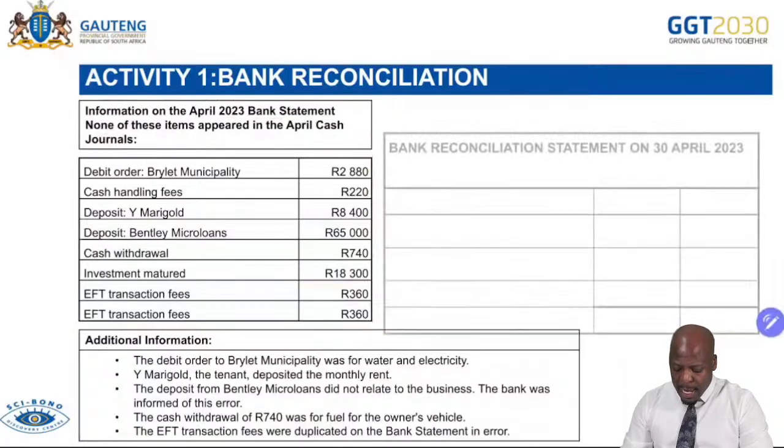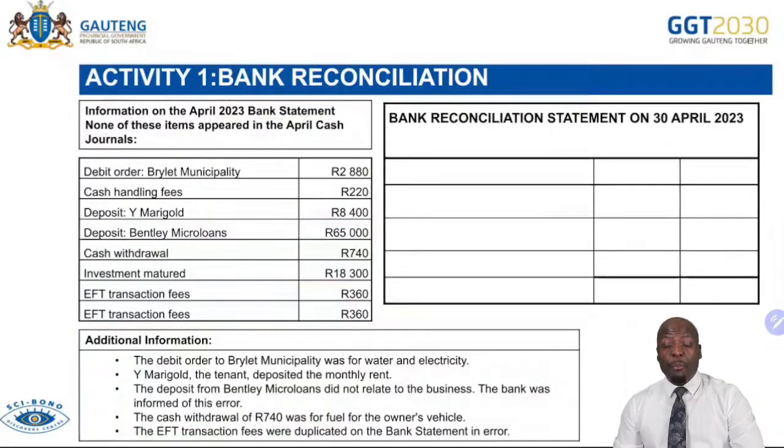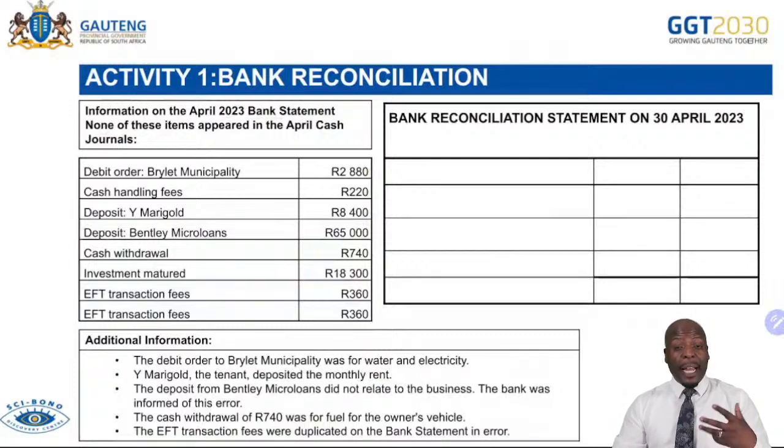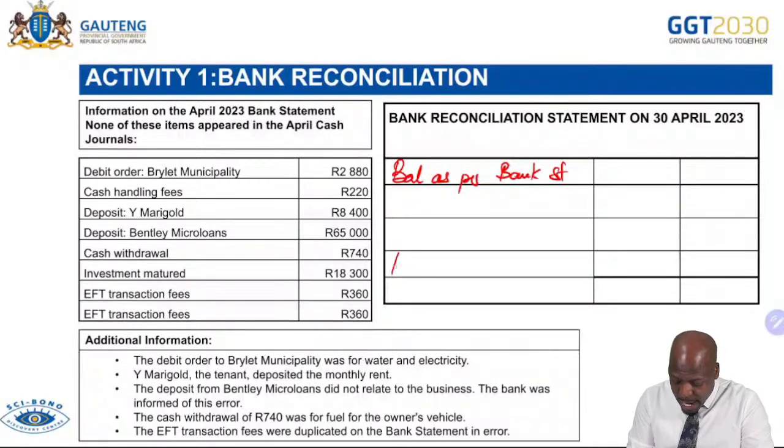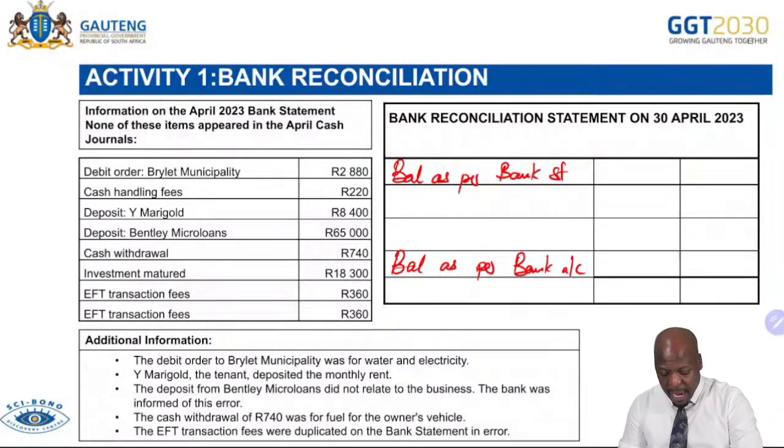Okay, so here is our bank reconciliation statement. I'm just going to show you one way of doing it. That is the double column, the two column. I know some of you might do it the single column, but in this lesson, I'm just going to do the double column. So I'm going to start off with my balance. Here at the top, I'm going to have my balance as per bank statement. Therefore, it will end with my balance as per bank account.